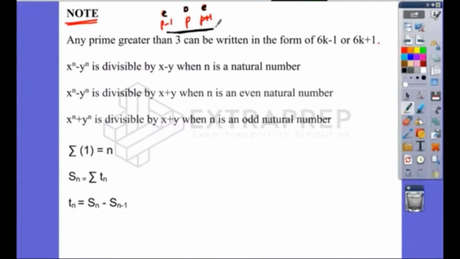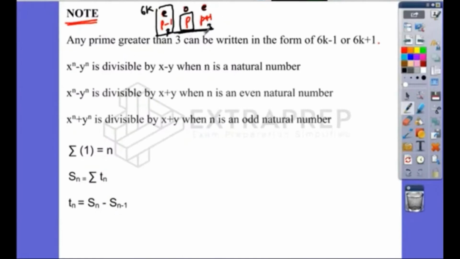When you take three consecutive numbers, one of them should be divisible by 3. Similarly, when you take 4 numbers continuously, one of them should be divisible by 4. So these 3 numbers, when you take them consecutively, one of the numbers should be divisible by 3, and because p is prime, this is not divisible by 3. So the first number can be divisible by 3 or the last number can be divisible by 3. If the first number is divisible by 3, it's an even number and divisible by 3, it indicates this is definitely divisible by 6, or which can be written as 6k, and prime number will be 6k plus 1.